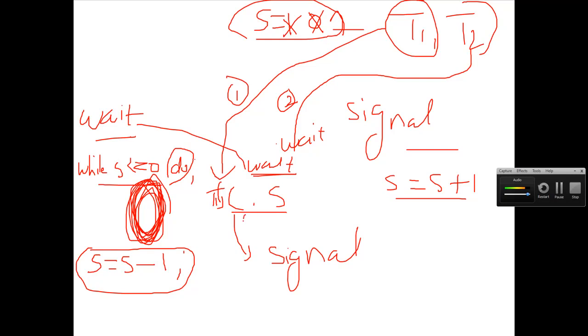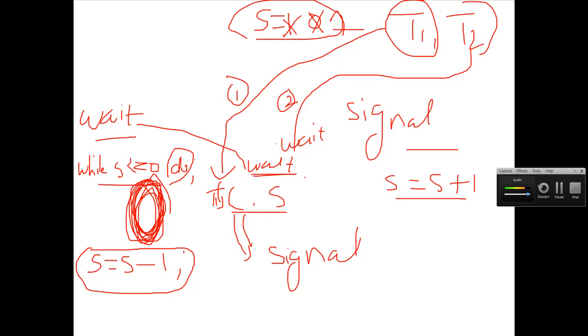After that, it will make the value 0, go to the critical section, and when it comes out of the critical section, again it would increase the value of s to 1. So the very basic idea, students don't need to get confused. Both the threads, before they go to the critical section, have to call the wait method. When they call the wait method, the value of s is reduced by one.